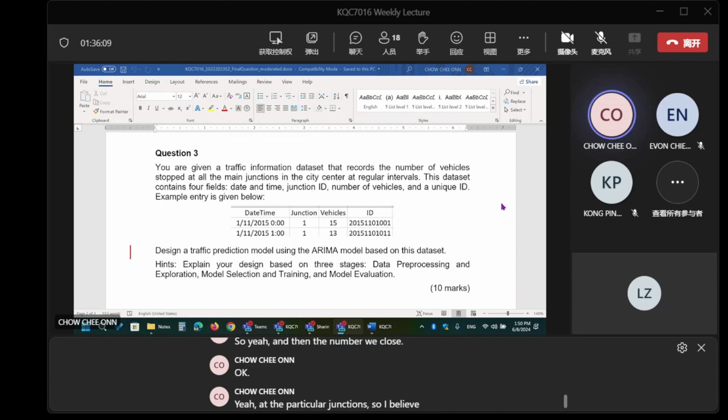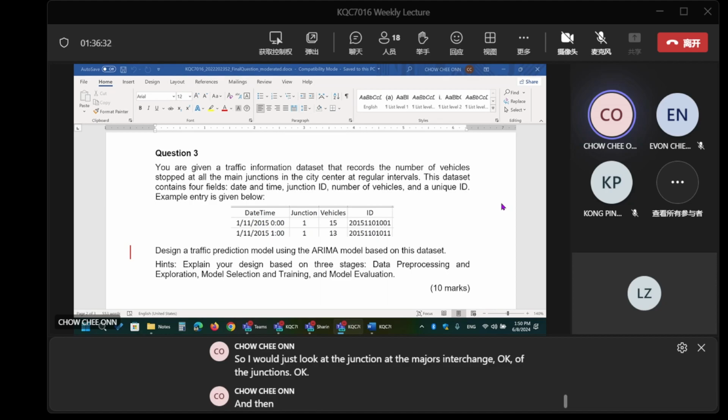You can imagine, let's say I assume a residential area and I'm just taking the traffic at the main junctions in an area, or I can imagine this is a city, like PJ area. So I would just look at the junctions at the major interchanges.